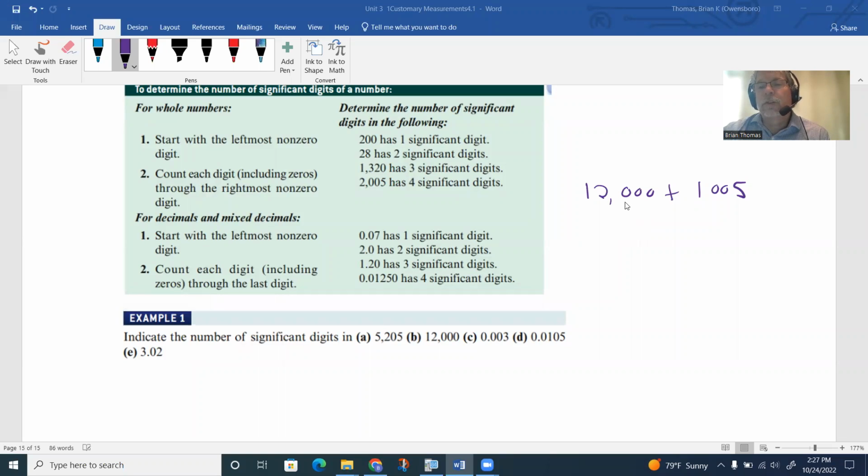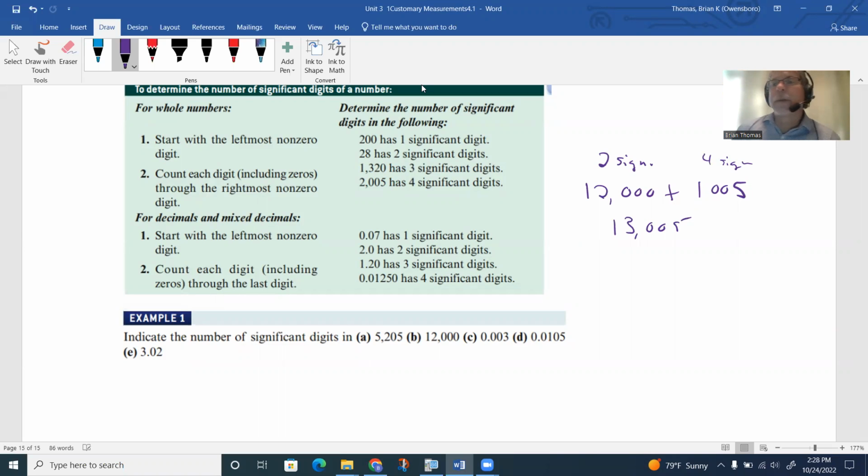So if I look at this 12,000 plus 1,005, notice that the 12,000 would have 2 significant digits. The 1,005, I would have to include all of it. That would have 4 significant digits. So if I add these together, that would be 13,005. But as far as